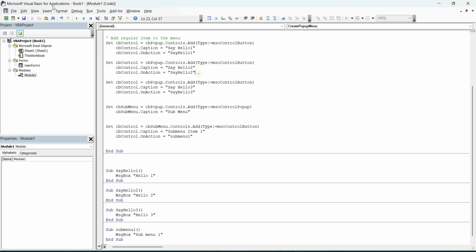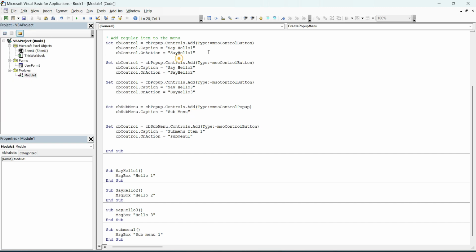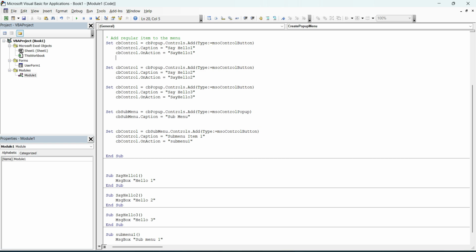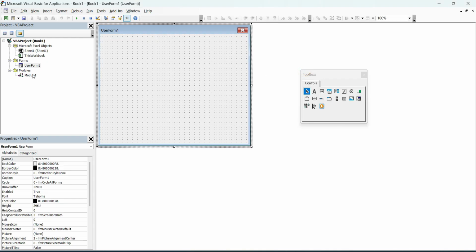Now let's see how we can add an icon or an image in front of a menu item like this. You can see in our regular menu some of the icons are there. These are the face IDs that we can use in a menu. Let me add it in the first menu item. Let me type CB control dot FaceId, I'm just going to give a number over here. FaceId contains a number from 1 to I think 10,000 or something like that. You can put any number over there. And when you run, you get this smiley icon. So you can try with any number as you like.